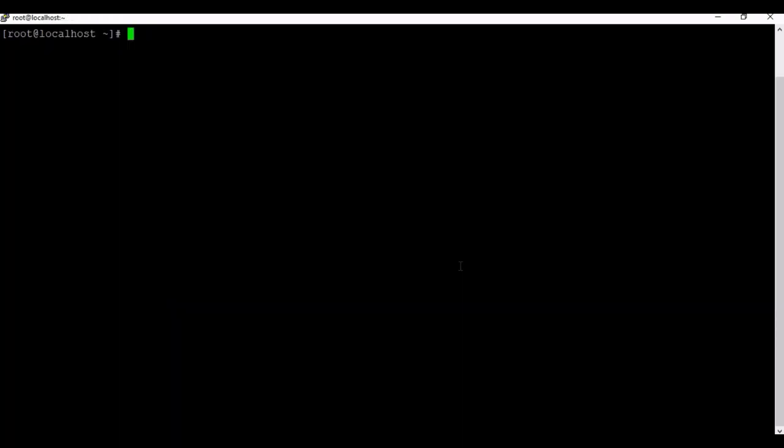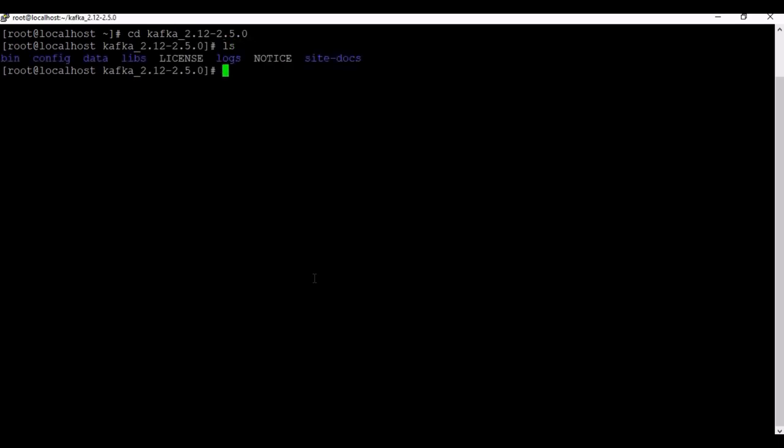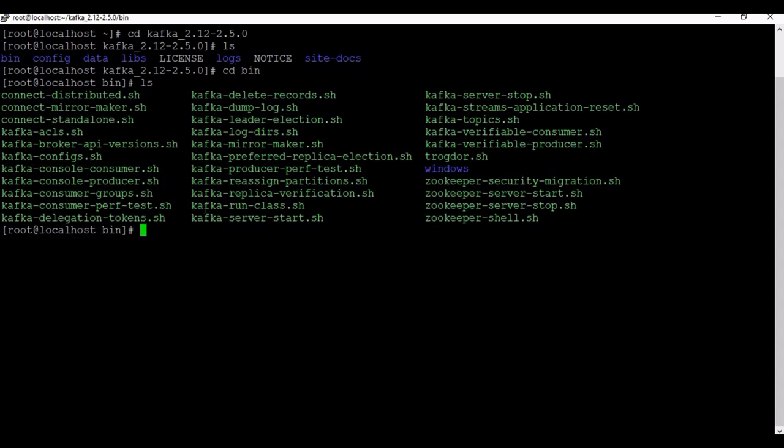Okay, now let's see how we can create topics using the Zookeeper. So if you have seen in the last tutorial, we showed what the commands are for basic topics. So if you go to, again, the bin folder, you can see there is a file called kafka-topics. So this is the one. So if I call this one, kafka-topics.sh,